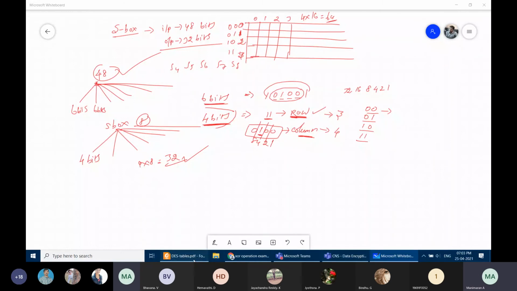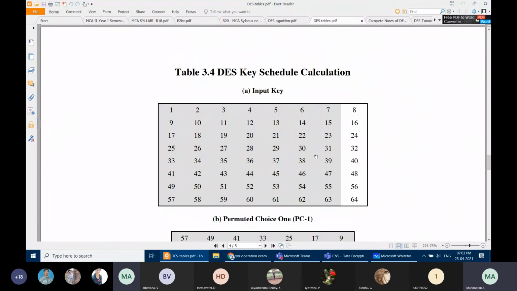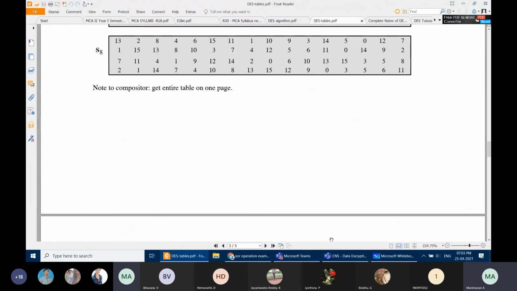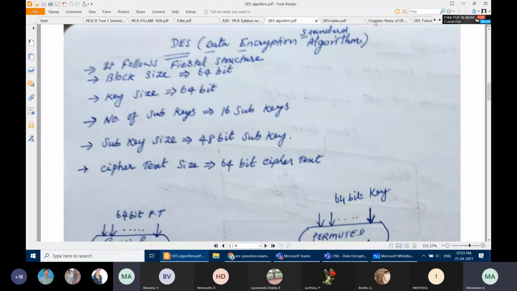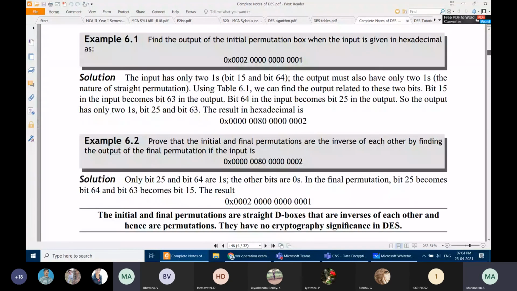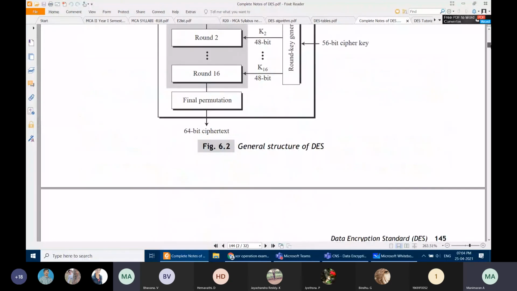Okay, what is that? Yes, S boxes. And then input key size also. I already told you how these 32 bits, I mean, I will show here. All these notes are with me. I will share all these things with you. This is S box. This is the structure.